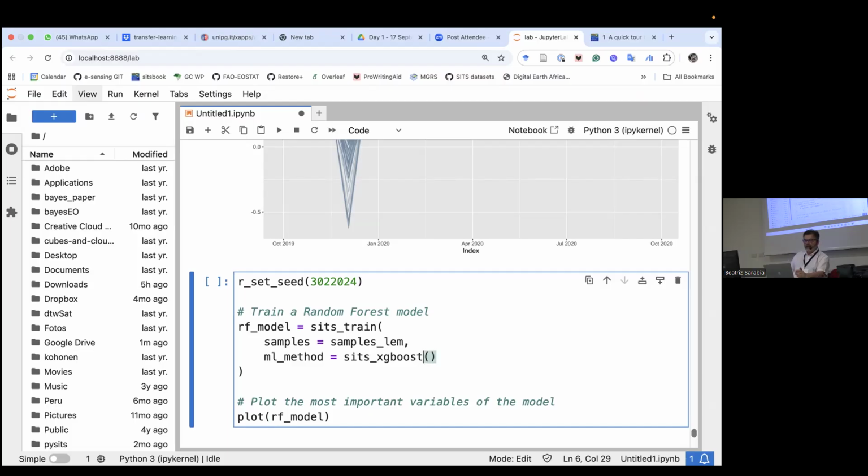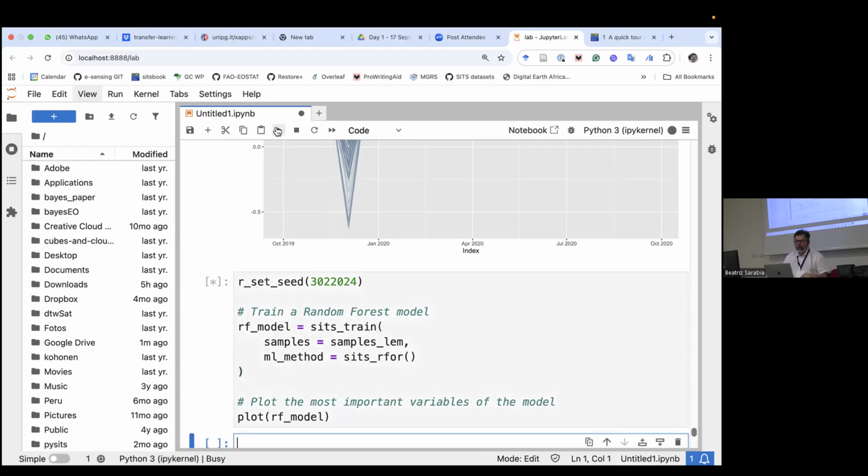So at each point, we are trying to make the user happy by saying, how do I train my model? You have an algorithm, and the idea is that there are default parameters for each algorithm, which of course you can set up if you want to go into detail. But there are defaults which help